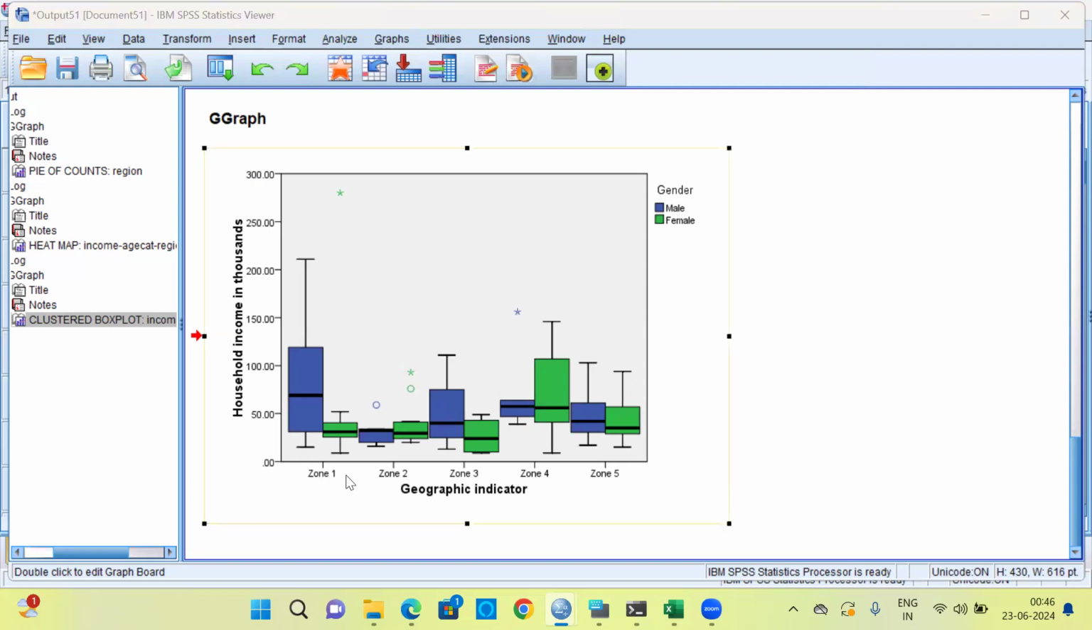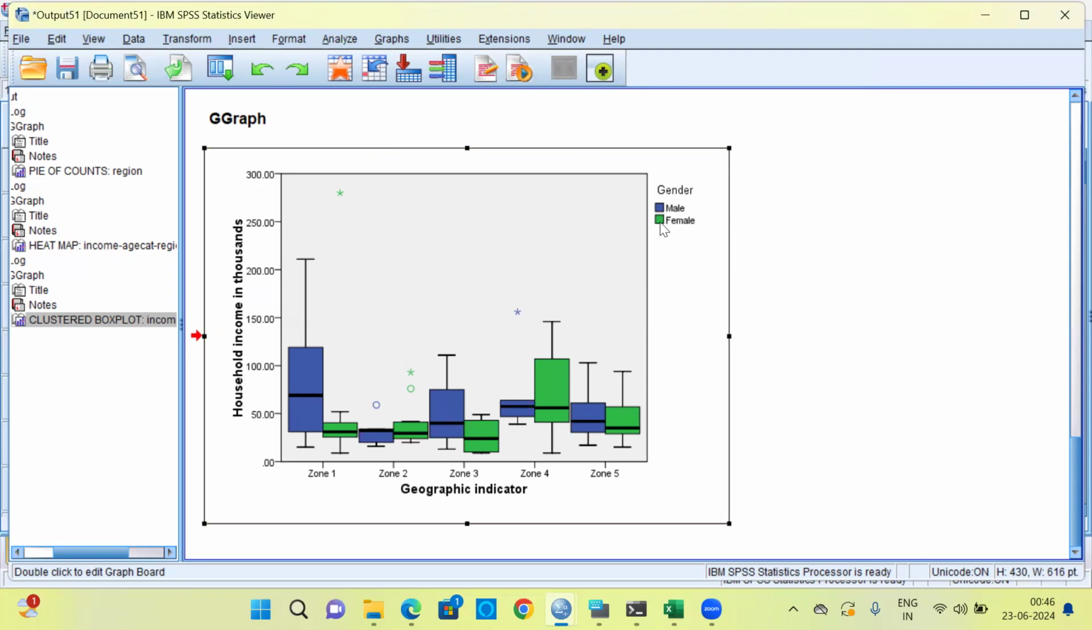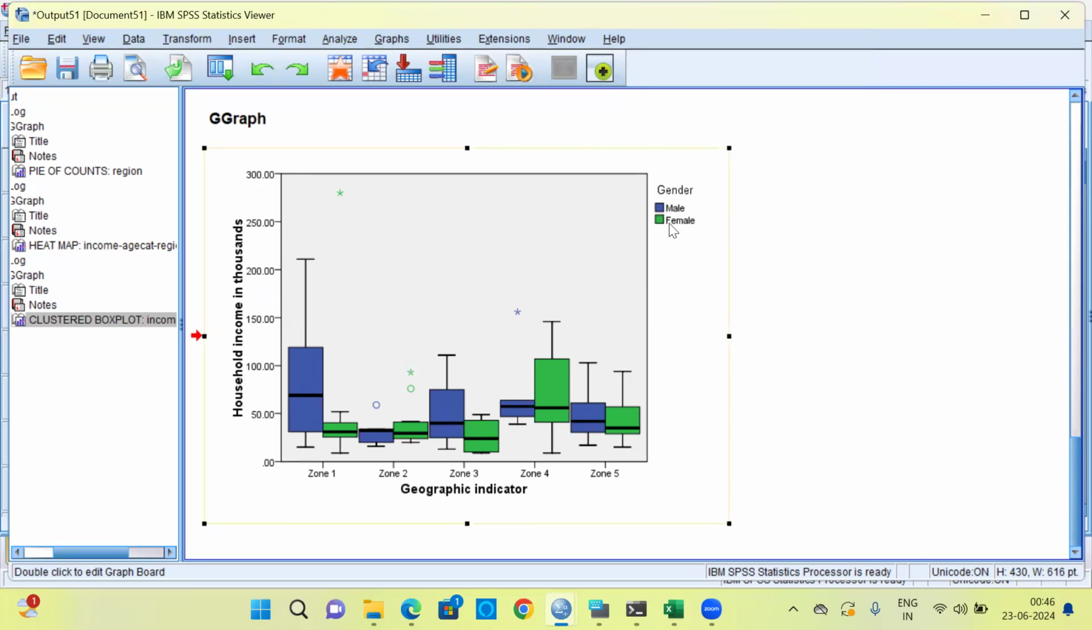You have 5 zones here: zone 1, zone 2, zone 3, zone 4, and zone 5. This is as far as your geographic indicator or x-axis is concerned. Have a look at the y-axis, which indicates household income in 1000. Under the legend section, you can see the blue colored box represents the male gender. The green color box represents the female gender. When we look at zone number 1,